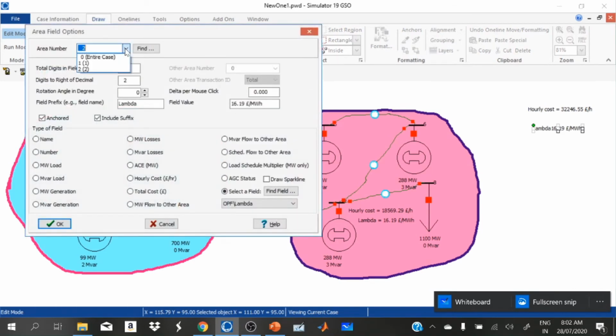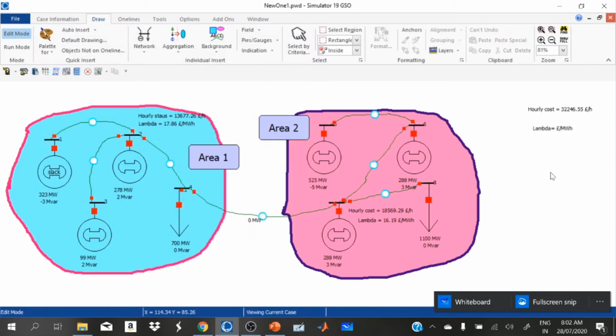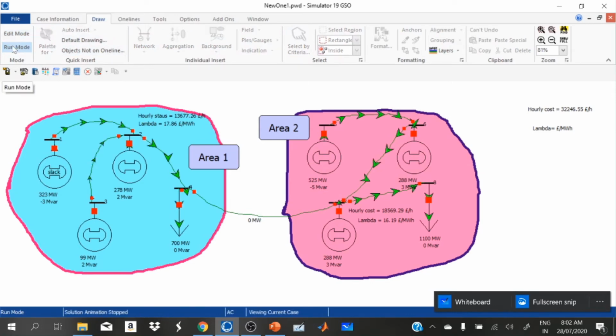This one is for the entire case. Now we run our model.